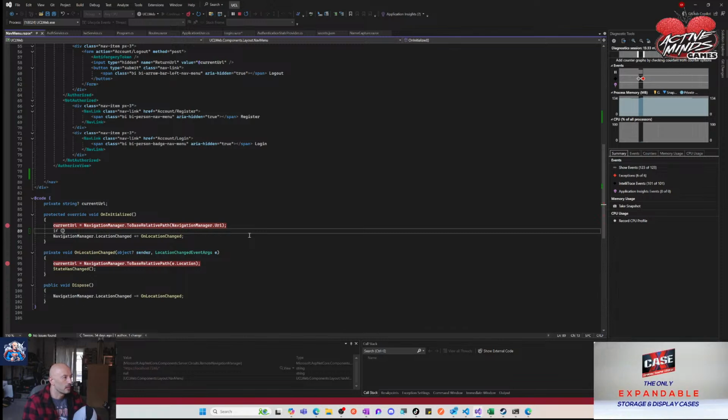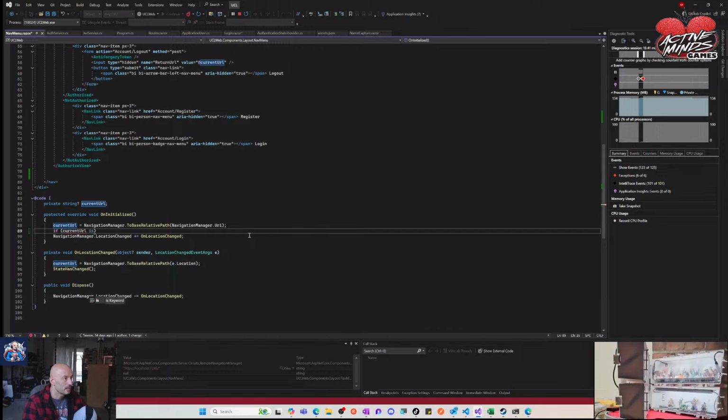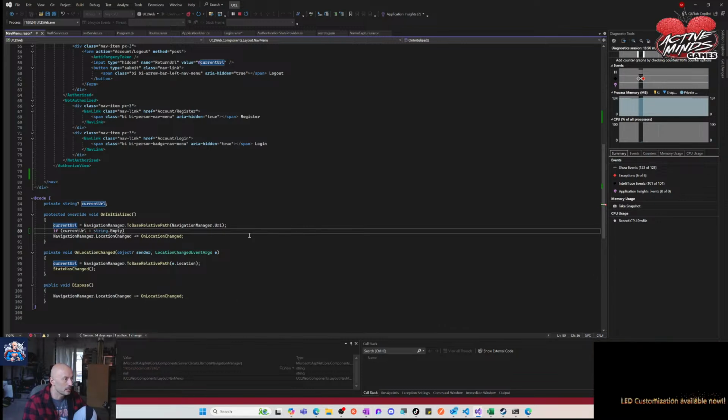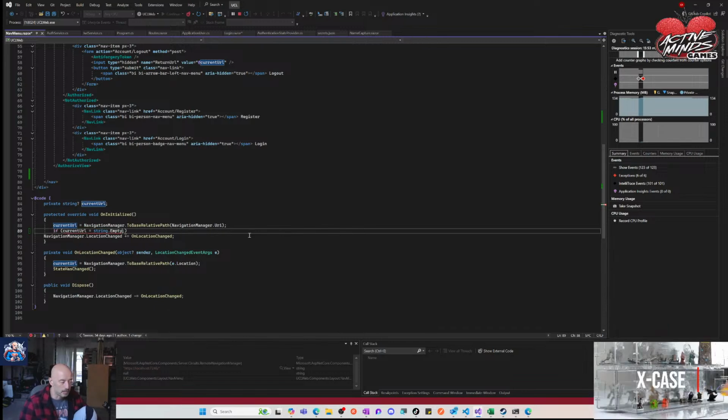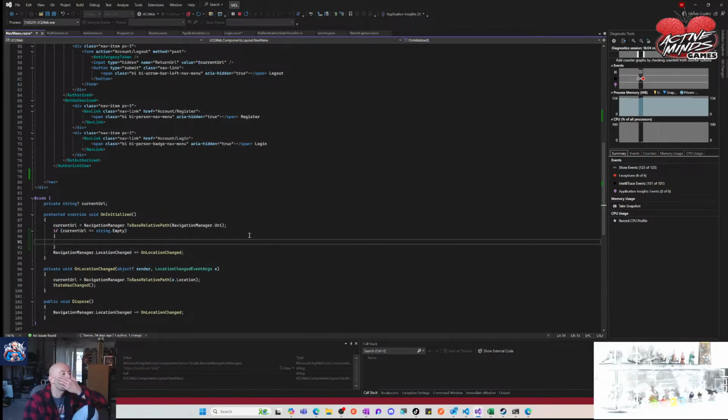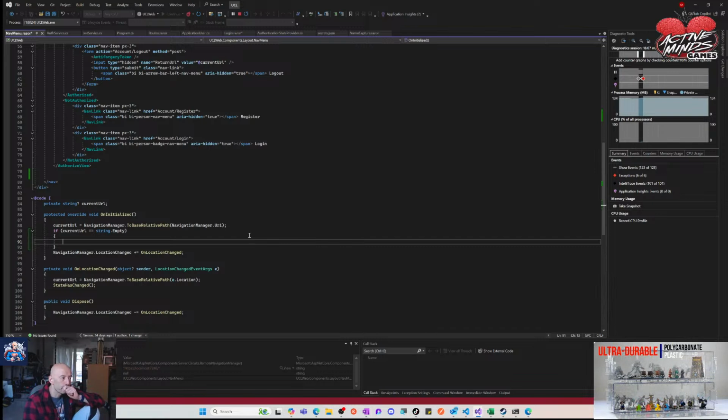If current URL equals is empty, equals string dot empty, and this is probably not equals, probably got to be equals, right? And that's not right because that's not a thing here. I'm gonna go like that, I'm gonna go like that, and then we're gonna say, okay, so